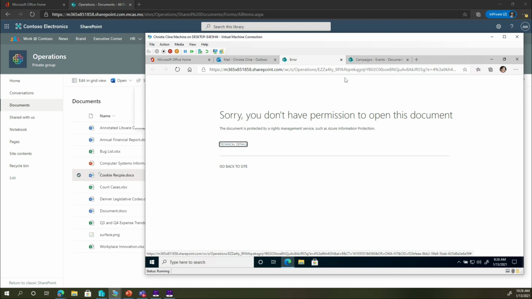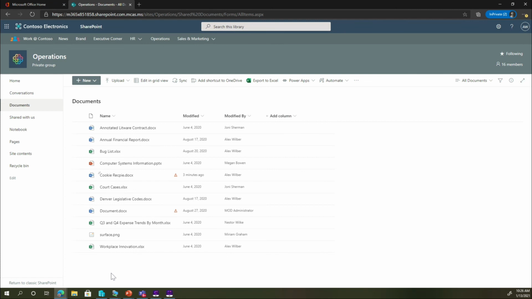And so this is where you can go really far with this and say, who has rights even within my organization? Even if someone is shared the link, even if Christy has physical access to this file, she won't be able to open it. There are a lot more examples we can cover with this, but this is just one short one. I don't want the video to be too long, but I'll make some other videos that show more controls and more protections you can place around your information, so you can not be concerned about your documents or your intellectual property falling into the wrong hands.